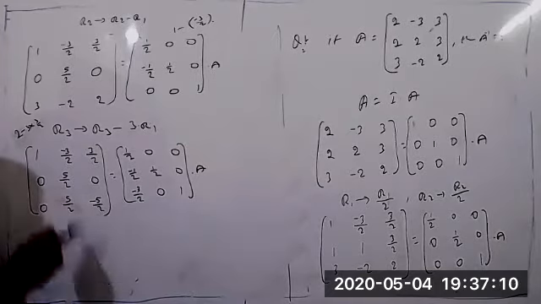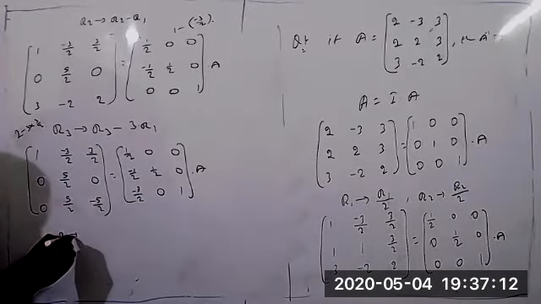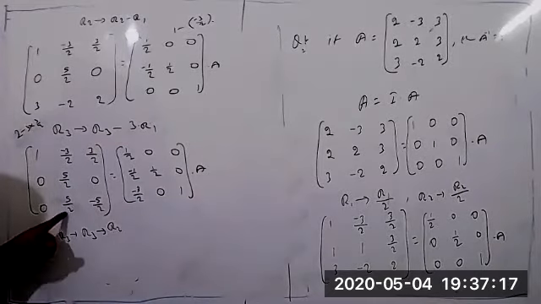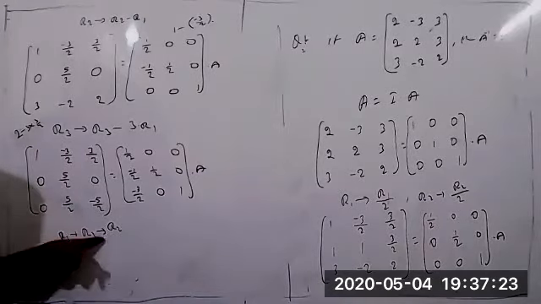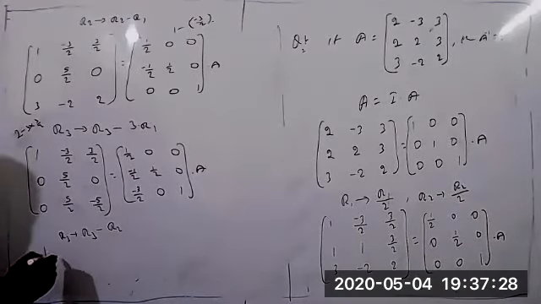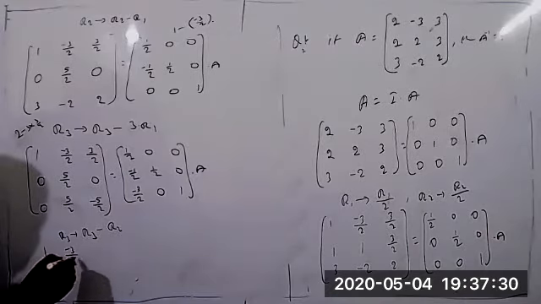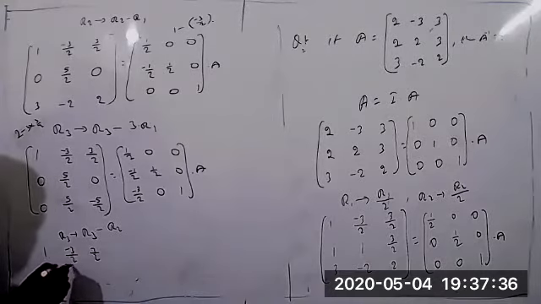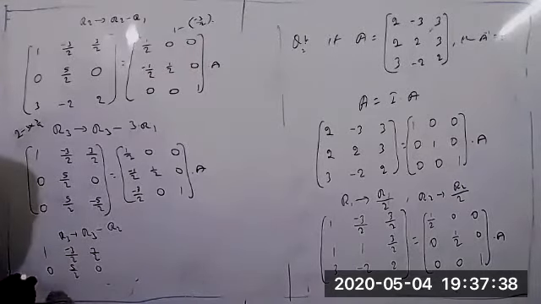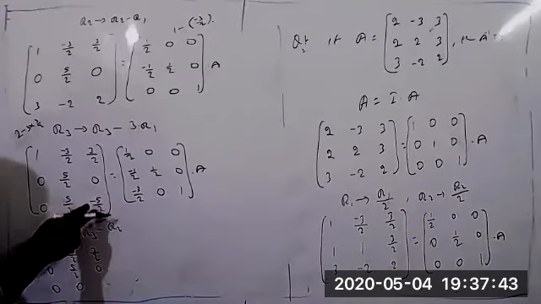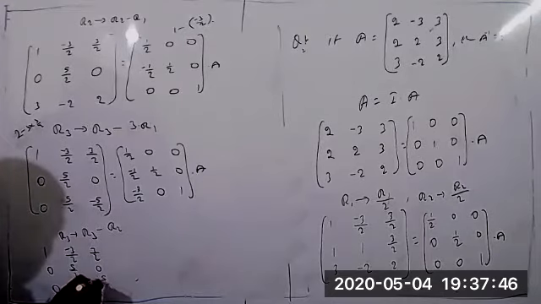So how do you get 0? Tell me this value. Again R3 such that R3 minus R2. Is it correct? Correct or not? Because 5 by 2 minus 5 by 2 equal to 0. 5 by 2 minus 5 by 2 equal to 0 we are getting. So first and second rows' answer is again minus 1, minus 3 by 2, 3 by 2, and 0, 5 by 2, and 0. This you can write as 0 minus 0 equal to 0. 5 by 2 minus 5 by 2 equal to 0. And minus 5 by 2 minus 0 equal to minus 5 by 2 only.